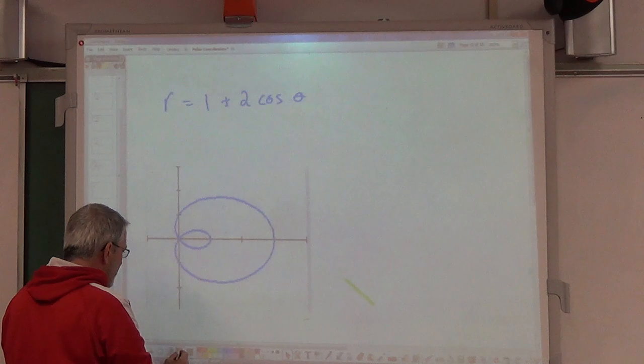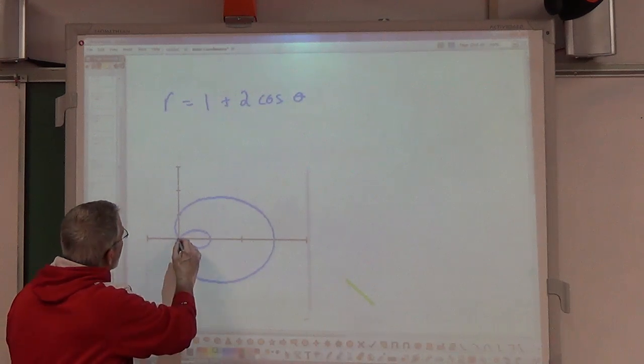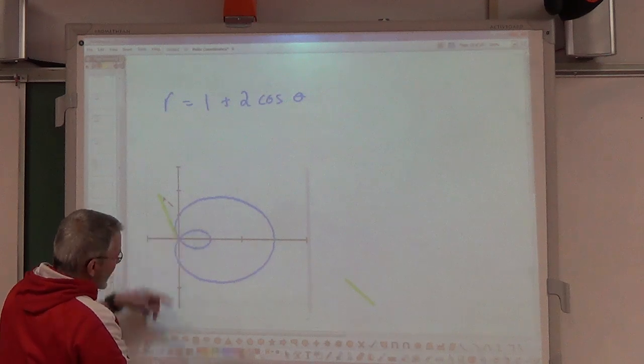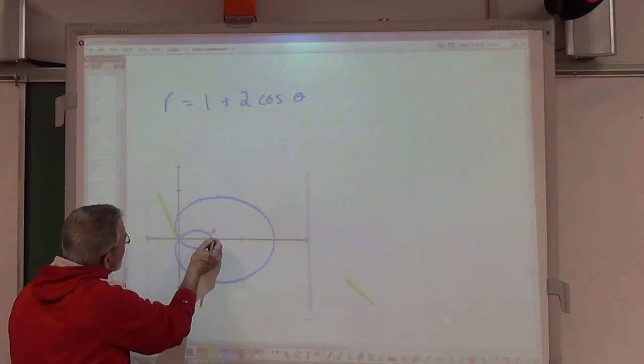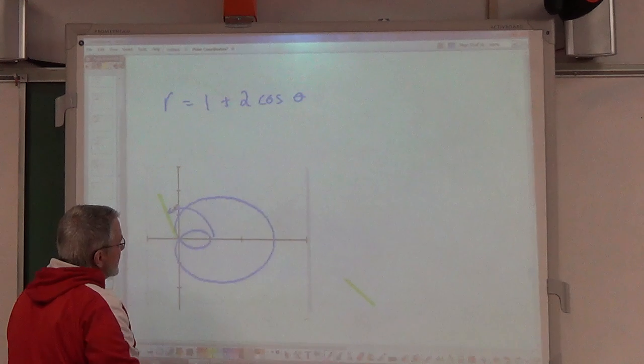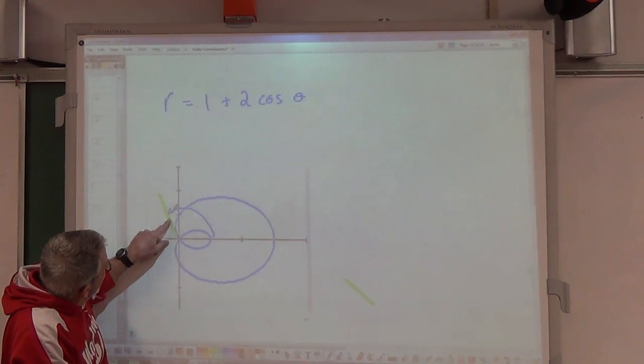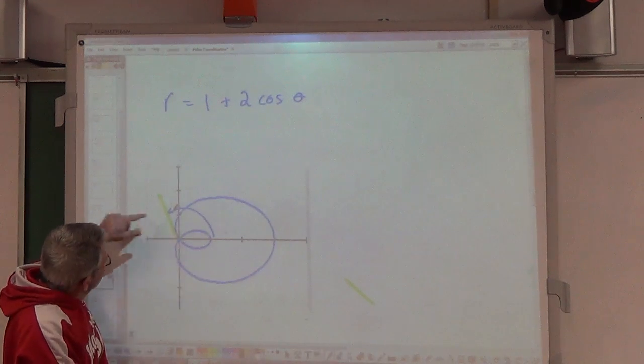4/6 is going to be 2/3 up here. That guy right there, at that angle measure of 2/3 pi, 4/6, what's happening, the radius comes down to 0. And then from here